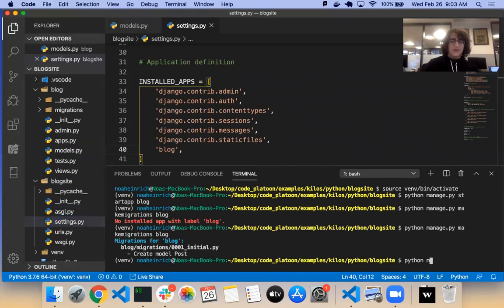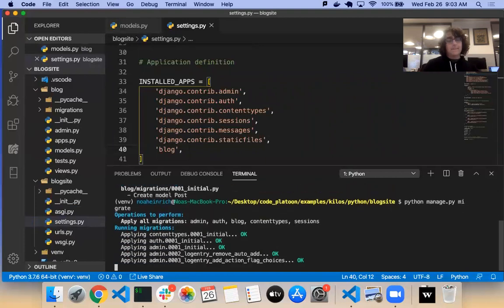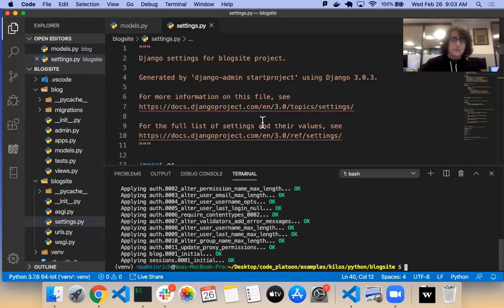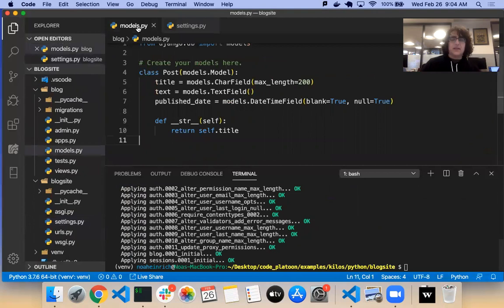So we've made our migration, and now we should be able to migrate it with python manage.py migrate. All right, cool. So in theory, that means we should have, in this case, a SQLite database with posts.